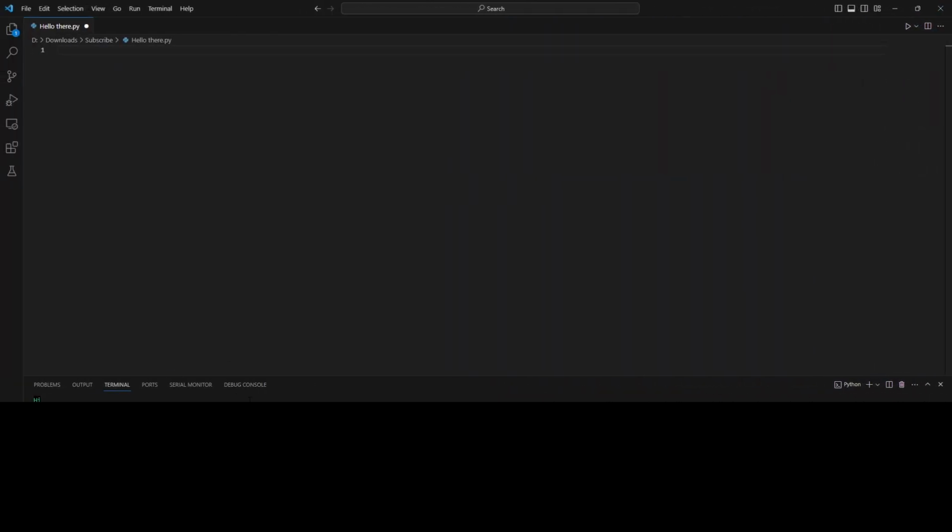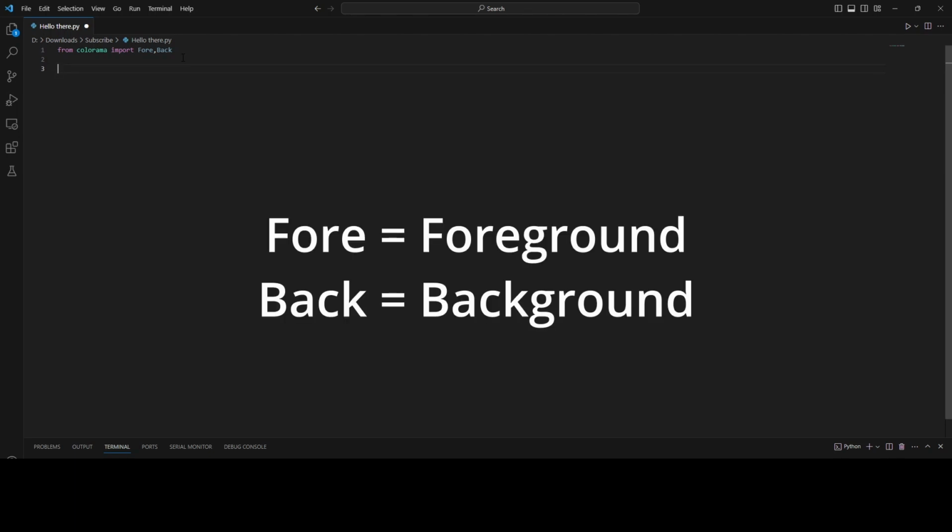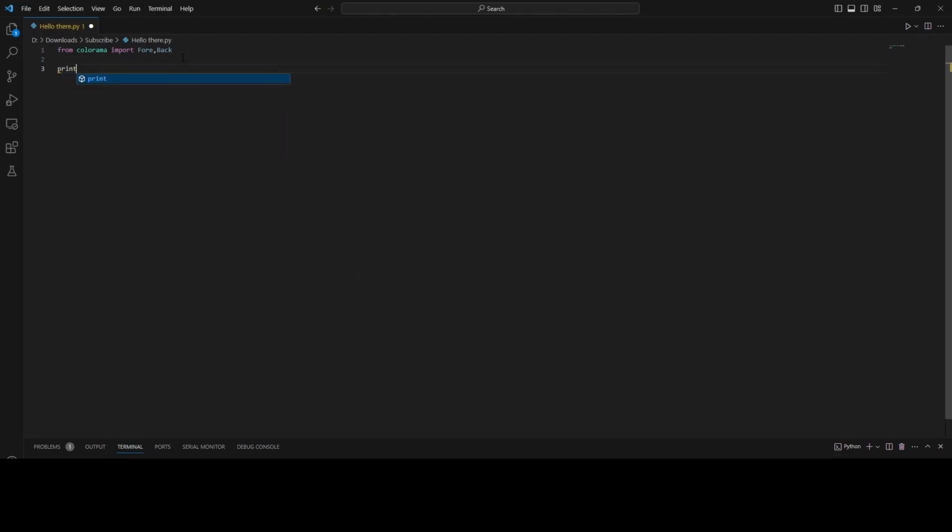After you've done that, you want to go to a new file and do from colorama import Fore, Back. What that'll do is it'll take Fore and Back from the Colorama library, and then the next thing to use Colorama is print and whatever you want to do. So let's say Hello World,